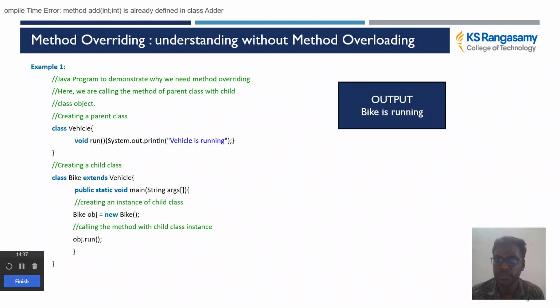For example, consider a vehicle system Java program to demonstrate calling the method of a parent class with a child class object. In this example, we have a parent class called Vehicle, and that parent class has a method called run, and the return type of the method is void. Whenever the run method is called, it's going to give the output as vehicle